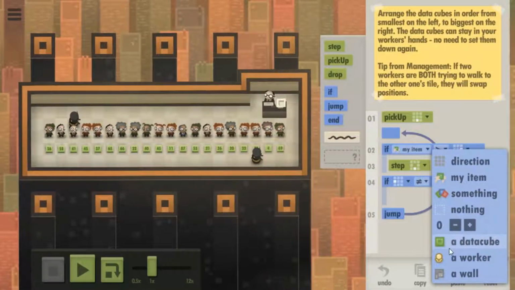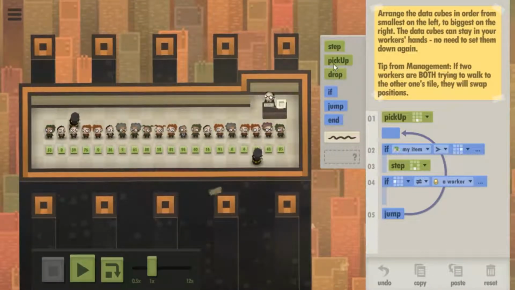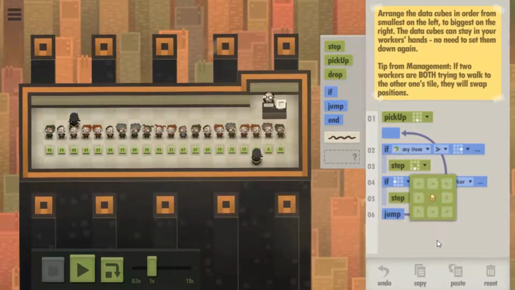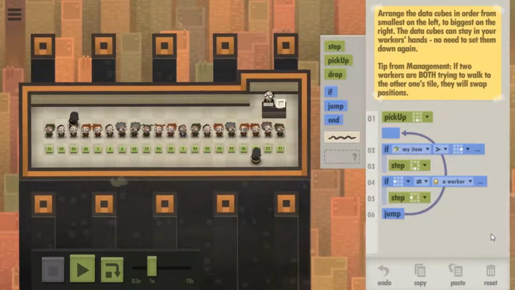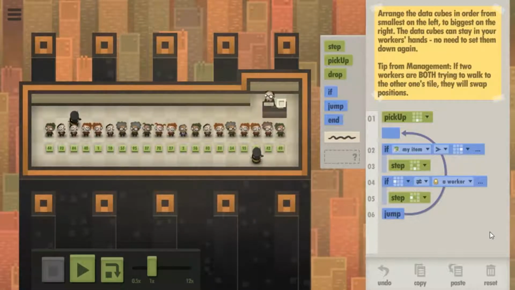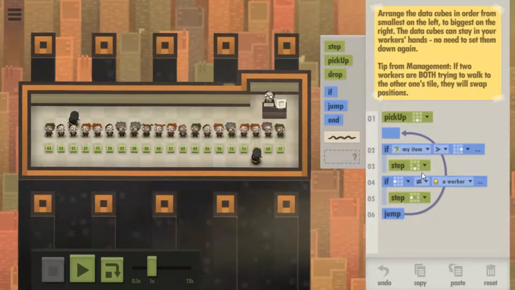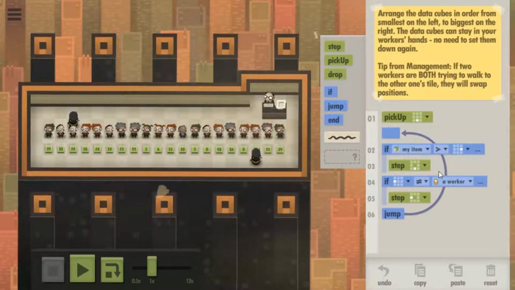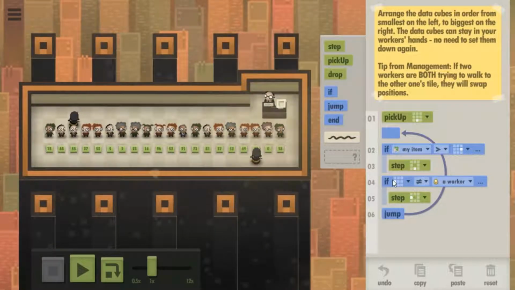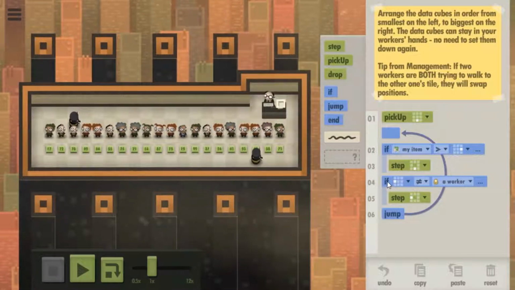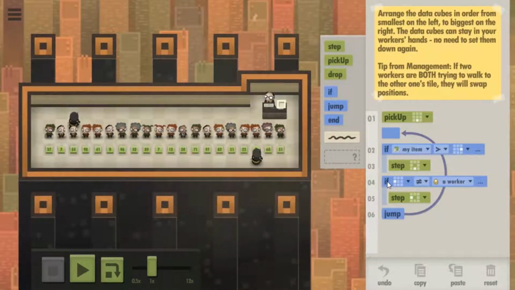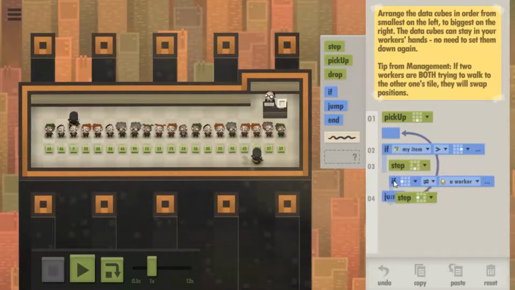If there's not a person to your left, step left. Oh, but that will actually affect the people down in the row below. But if I put this in the else statement...